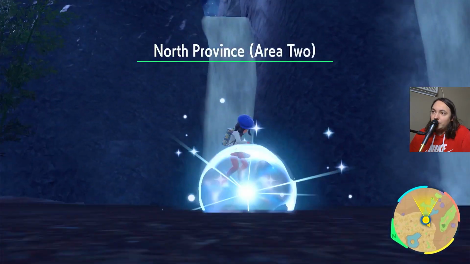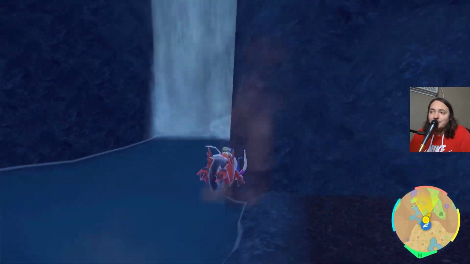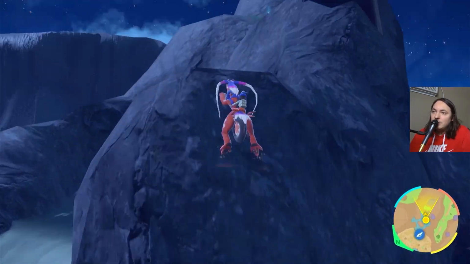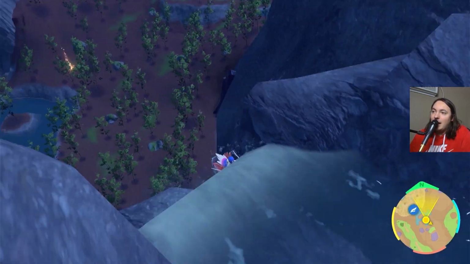And now that we're here, we're simply going to take a climb. So check out this time lapse of that, and you will find Chi-Yu's shrine. Now, this was so fun. I actually found this by accident during my first playthrough, but here you are up at the very top of this waterfall,